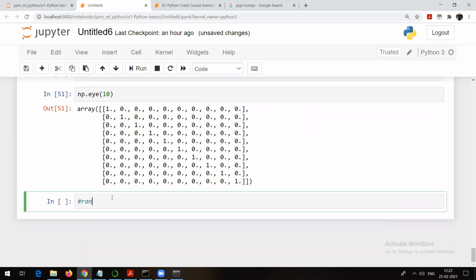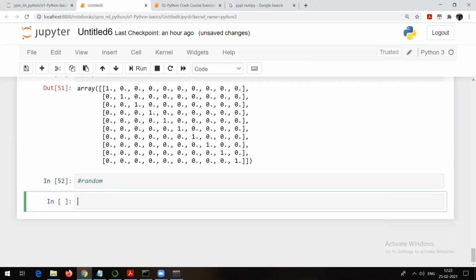How to generate random numbers in Python. How to generate that? This is also very important. Now, in case of random, there are 3 methods. Let me first explain that, and then I will show you the implementation. See how to create the random method. So we make use of 3 methods.